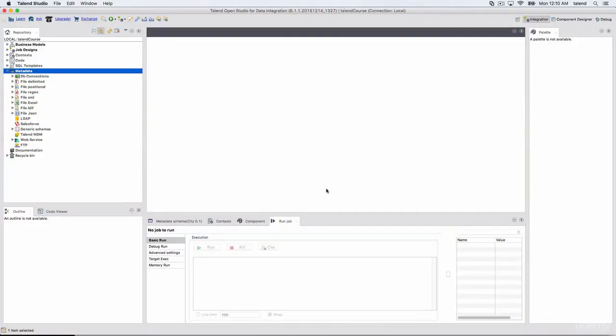Context variables. Before going into context variables, let's see what a variable is. We know constant variables. Constant variables are values which don't change. They remain the same all the time. Whereas